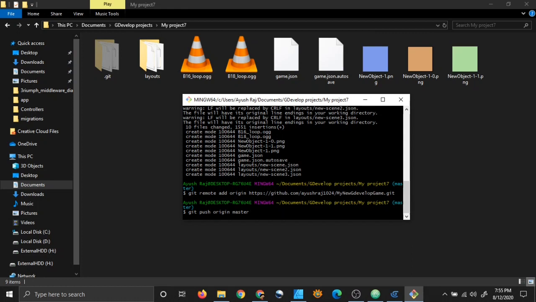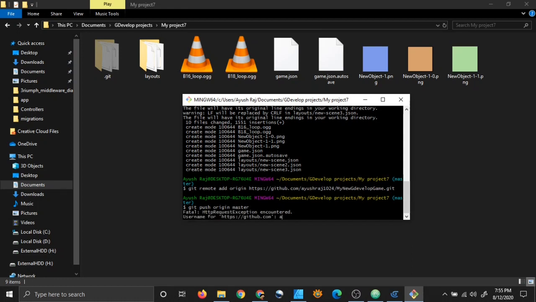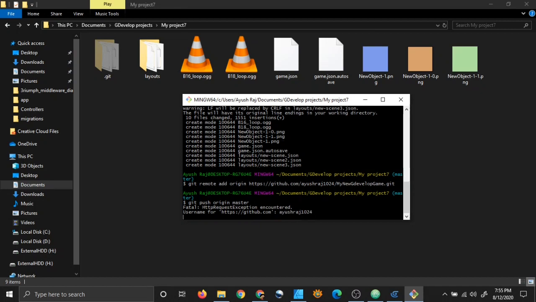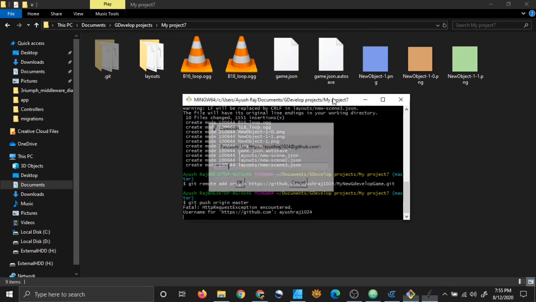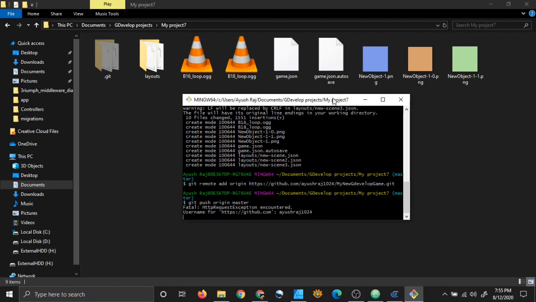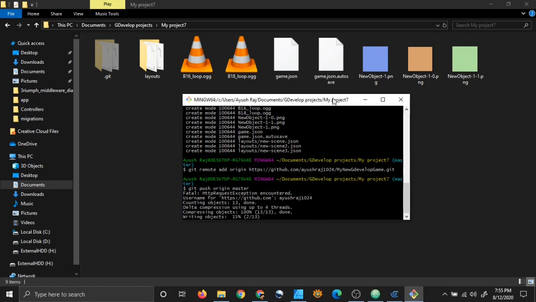and it may ask for your GitHub password, and I will just put my GitHub credentials here. And you will also have to put your GitHub credentials if it asks. So it's pushing those files to my repository, right?